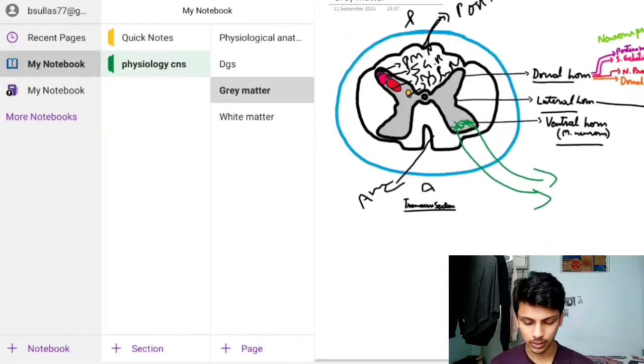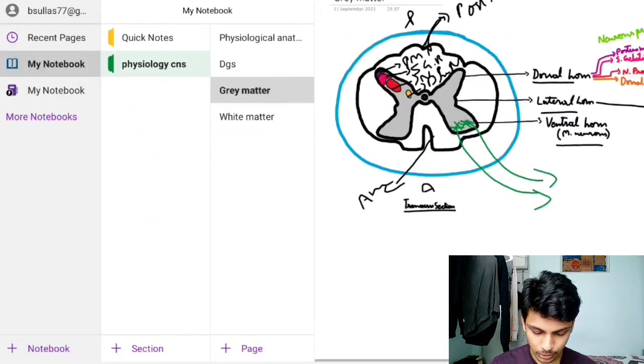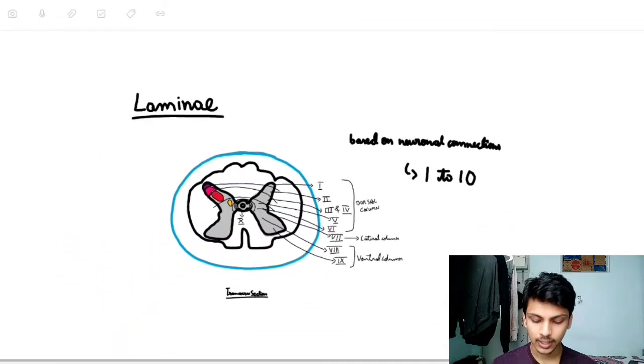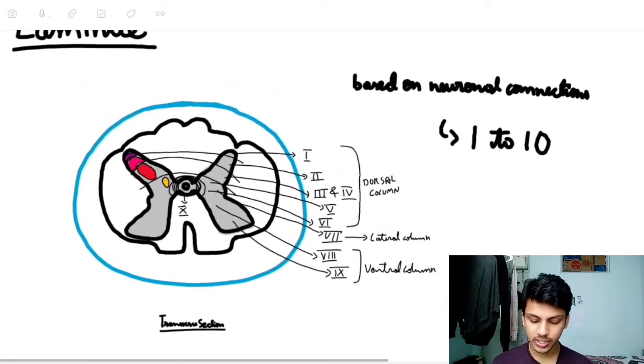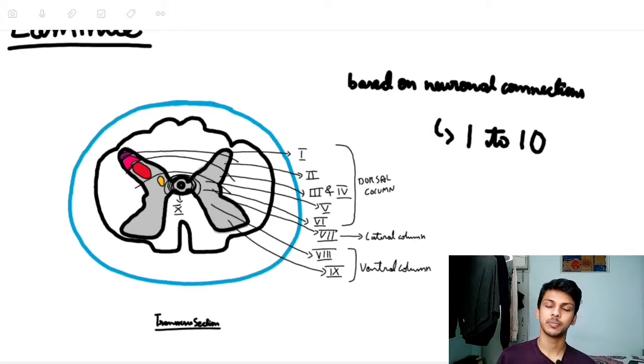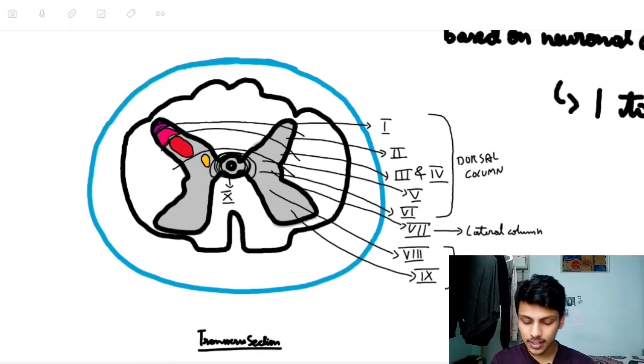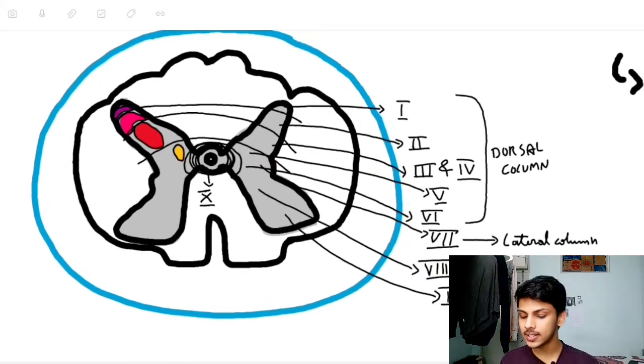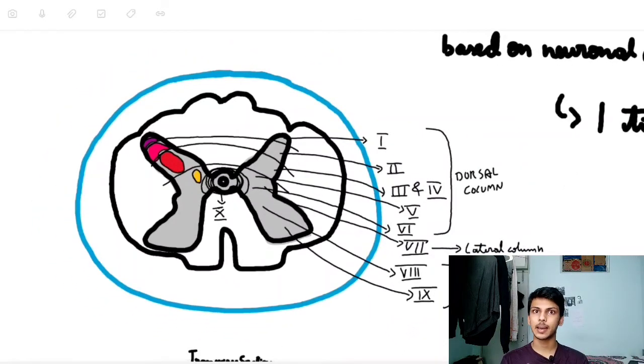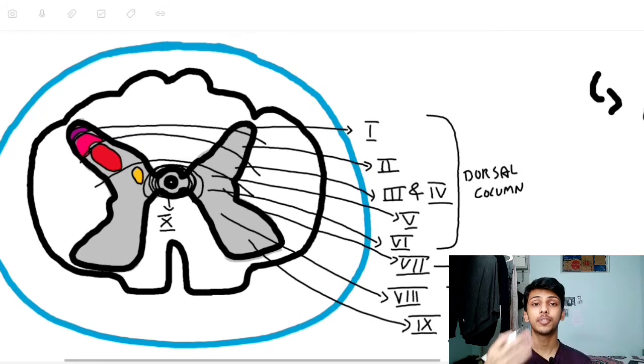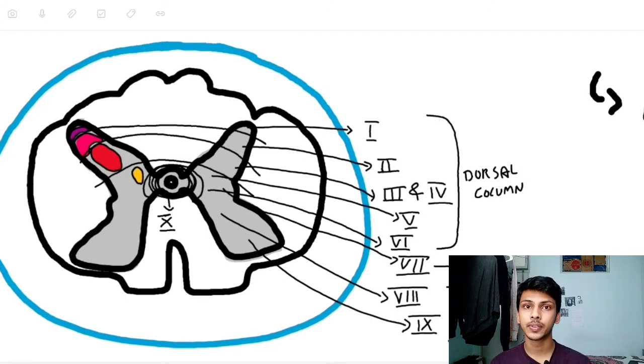Now, in grey matter there is something interesting too. There is a concept of laminae. Lamina is like a sheet. We just discussed now, the spinal cord is like a sushi. So if you cut it, you can see layers in it, right? So something similar is happening here. Why is it divided based on the laminae? Because the same nerve doesn't supply the brain. It comes and gives a signal to another nerve. Similarly, there are many neuronal interactions happening in the spinal cord. So for the ease of understanding, and even for the clinical significance and for the purpose of research, they divided